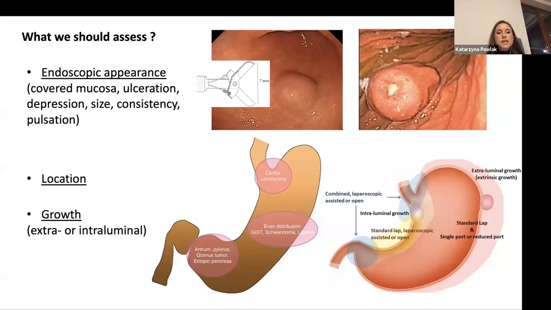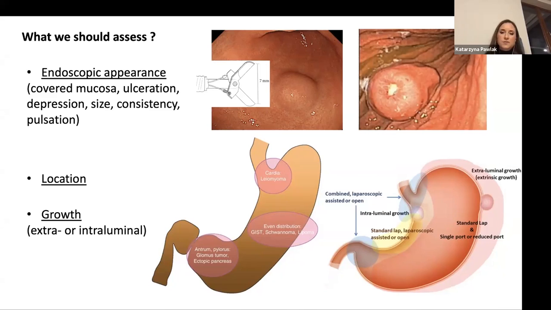So firstly, we should assess endoscopic appearance, endoscopic features like covered mucosa, eventual ulceration and depression, and even size. The size is very important, especially when we would like to refer this lesion to EUS evaluation. If it's hard to assess, generally we can use the standard forceps. And then we will know that a very tiny lesion, like 5 or 7 millimeters, cannot be